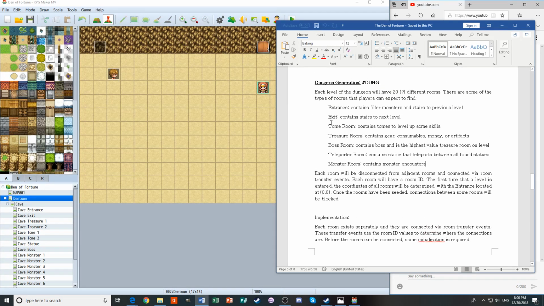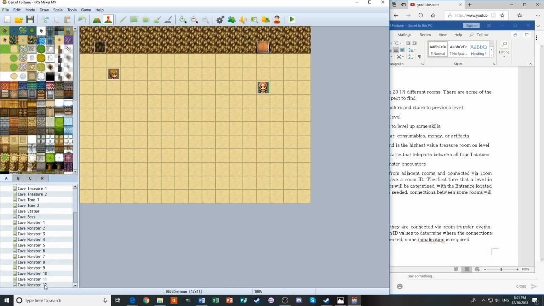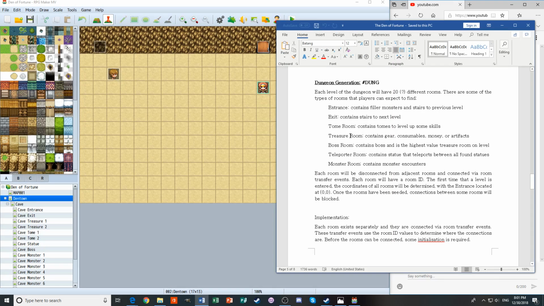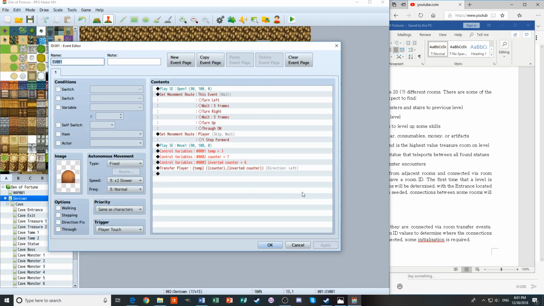So we have, the important thing here, 7 different kinds of rooms, which, if we check over here, you see we have 20 rooms here: 12 monster rooms, boss, statue, 2 tomes, 2 treasures, entrance and exit, 20. What is actually in the rooms doesn't really matter. All that's important is that we have 20 different rooms and that each room has a unique ID. Each room will be disconnected from adjacent rooms and connected via transfer events. However, if we look at these transfer events,